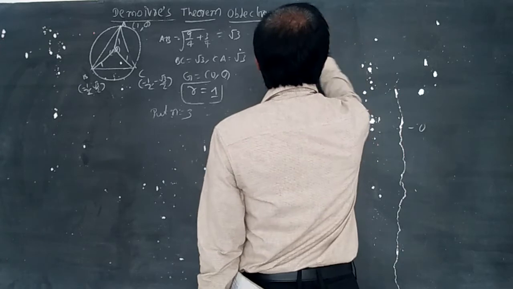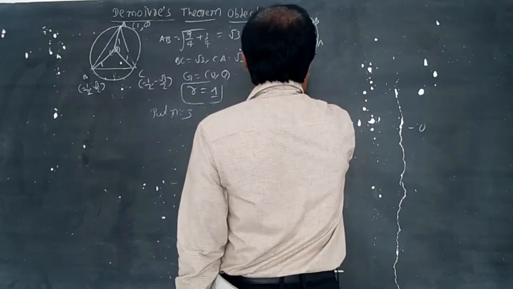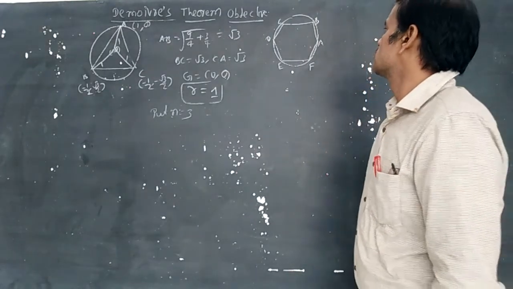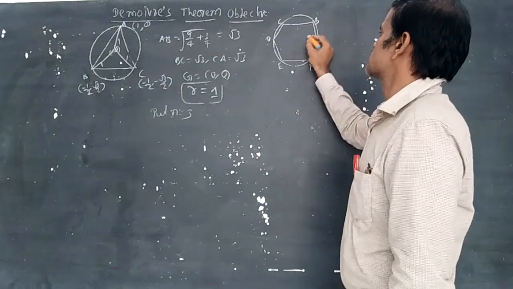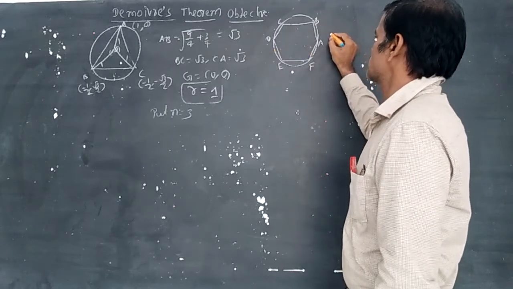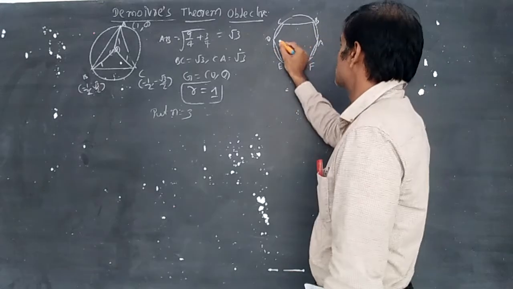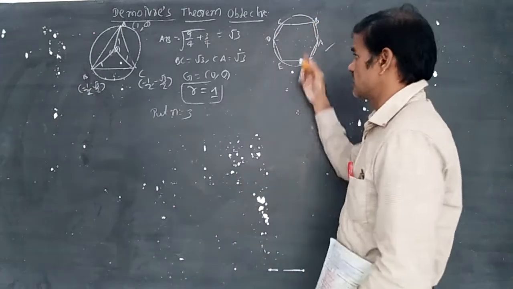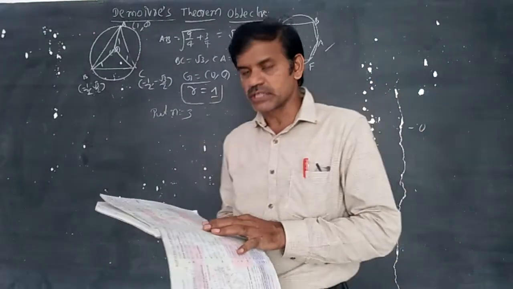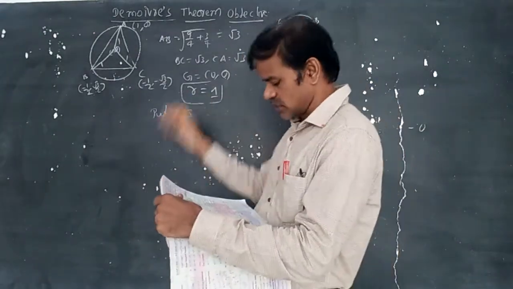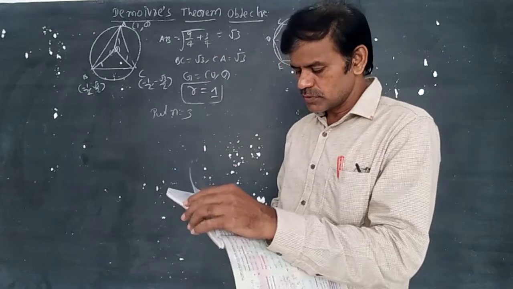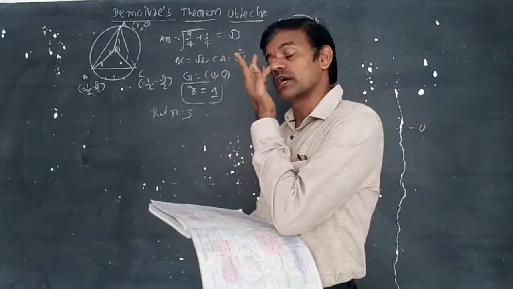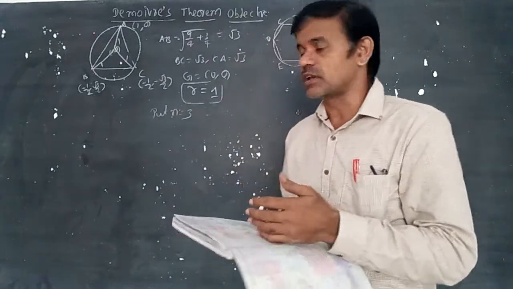This is A, this is B, this is C, this is D, this is E, this is F. In a regular hexagon, total 360 degrees, so 360 by 6 we have taken, so it is different from another, not like this. Simply see page number 44, example 2.2.6 and take this example. Here it is indicating that the difference between 1 and B is 2 pi by 3, next step is 4 pi by 3, next is 6 pi by 3 like this.